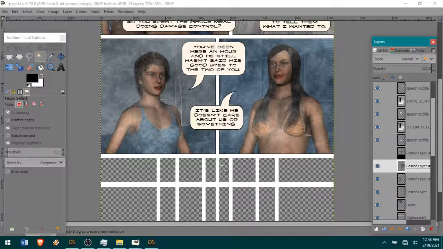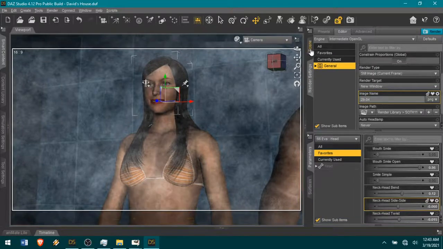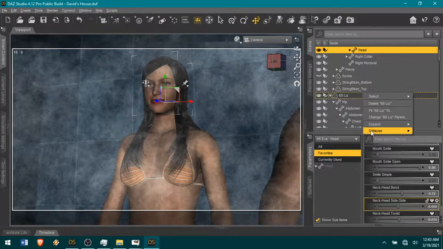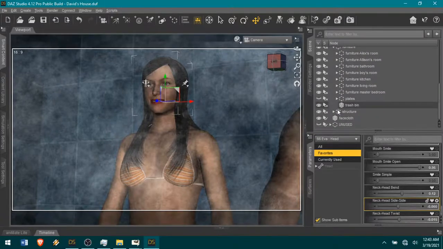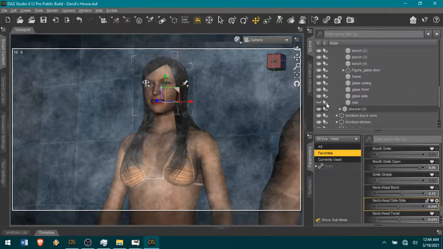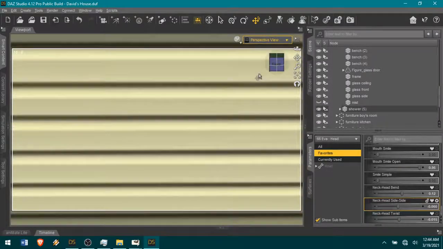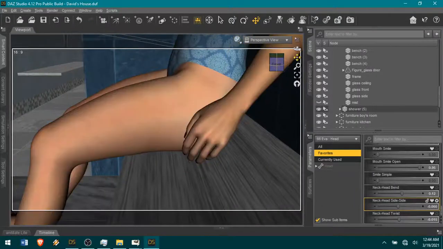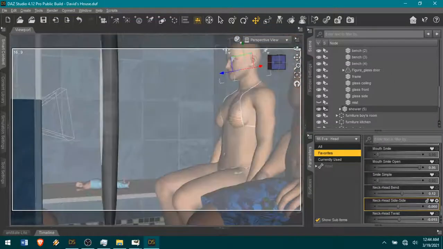So it was in the first story. I can actually show you here. Let's collapse everything. David's house. So, let's see, the sauna is in the furniture bathroom. I've actually still got it. If I zoom out, let's go to perspective for a moment. And I might actually have to come outside the sauna